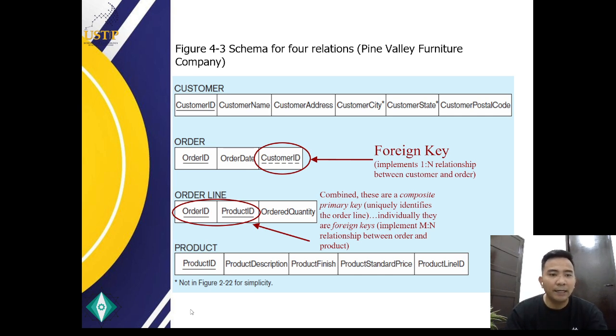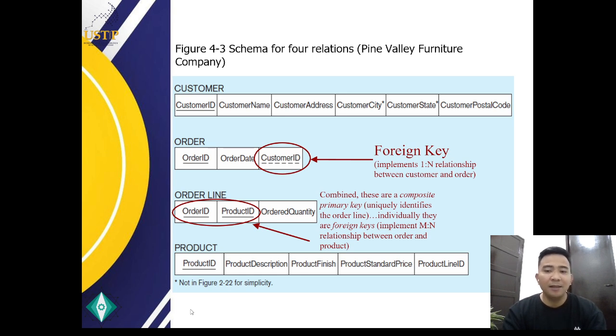We also have here the order line. Okay, so the order line, you can see order ID, product ID, and ordered quantity. So the purpose here is to detail the specific product included in each order. So the combined fields, order ID and the product ID, form the primary key of this table.